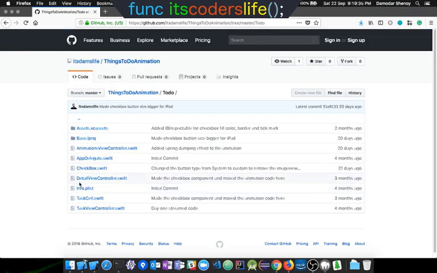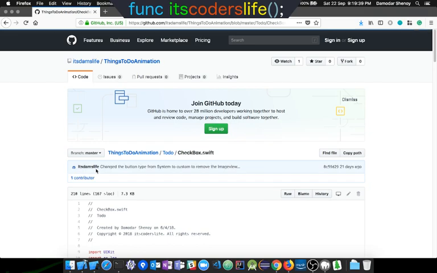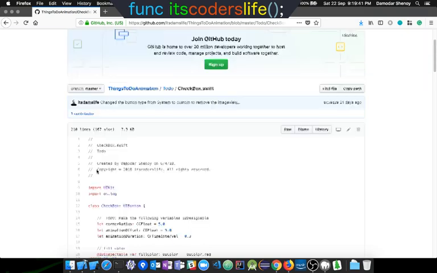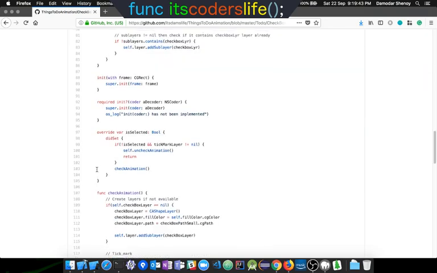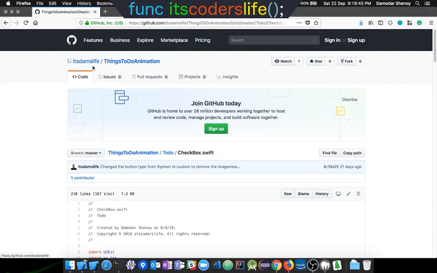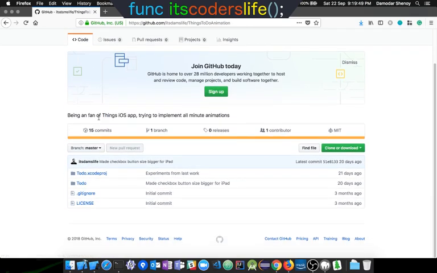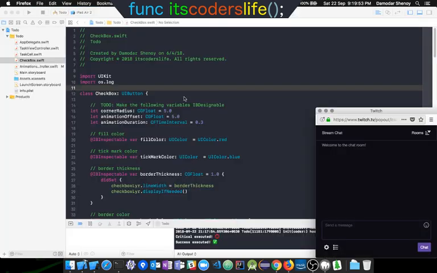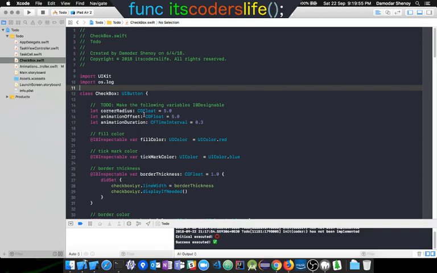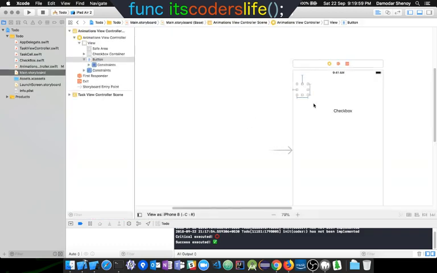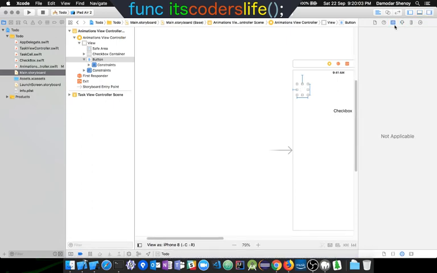Basically, I started off creating a checkbox similar to the Things app. So this is the code. You can just import it. This is MIT license, so you can just copy paste the complete file and actually use it. What you need to do is just add a UIButton here and change the class